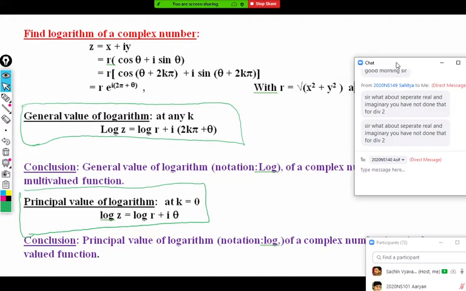And still we are going to do the separation of real and imaginary part, because log plays one of the important roles in separating a complex number into real and imaginary part. So that is the use of logarithm here. Can anyone tell me in which type of equation we generally use the log? In which type of equation is it better to use a log to simplify the calculation?